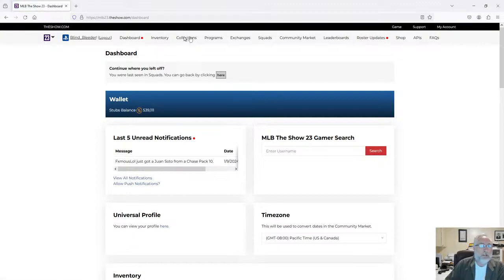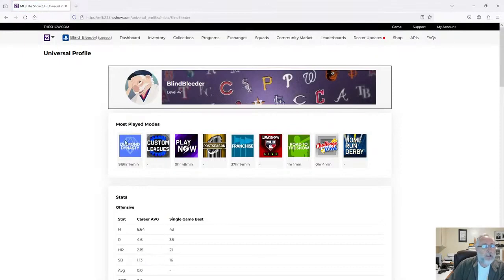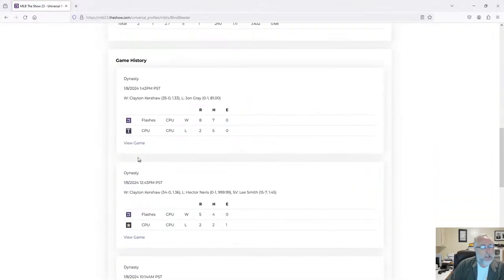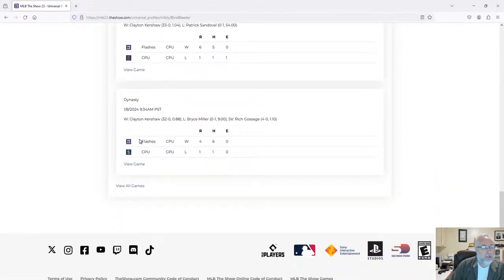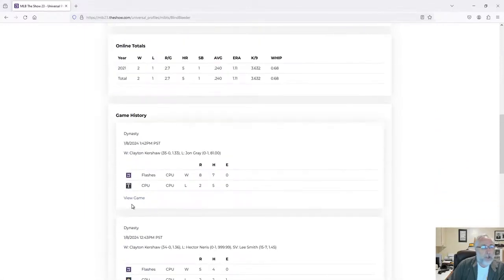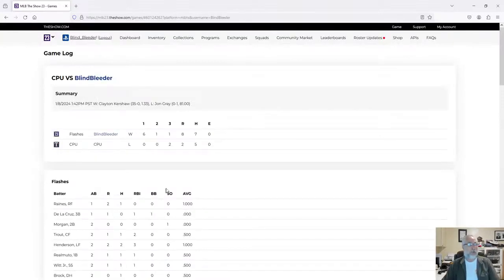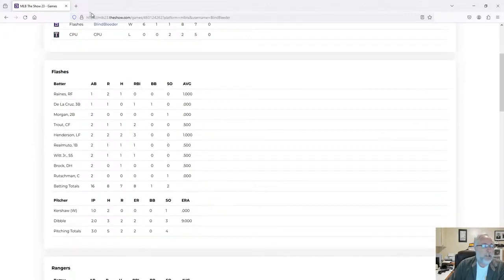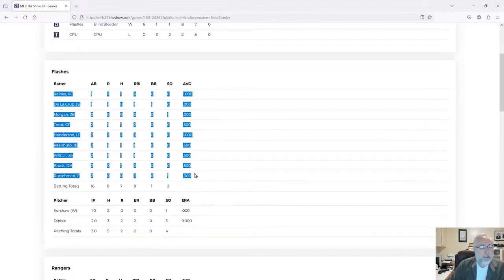Now this is important because this is where you want to be, is in the dashboard. Over here in this section, you can enter a username right here. So I'm going to put in my username, Blind Bleeder, and you can see my universal profile, but more importantly, you can see the game histories that I have. So when I pull up, the most recent game I played was against the Rangers. It gives you very basic stats here. So you can copy these